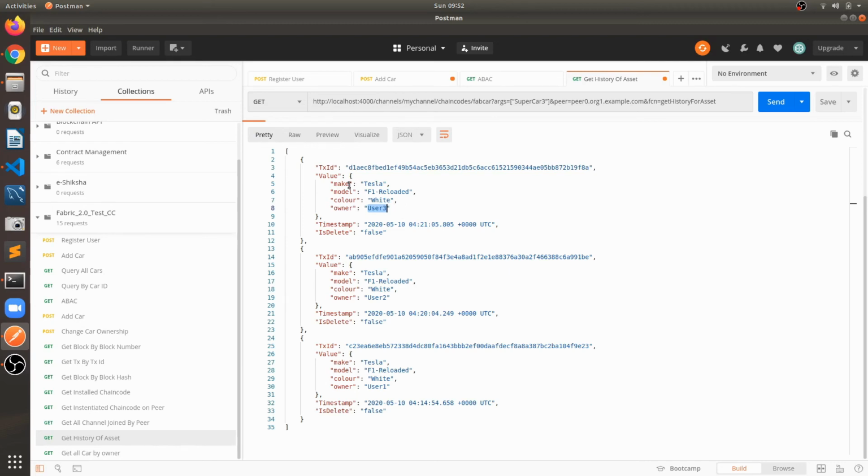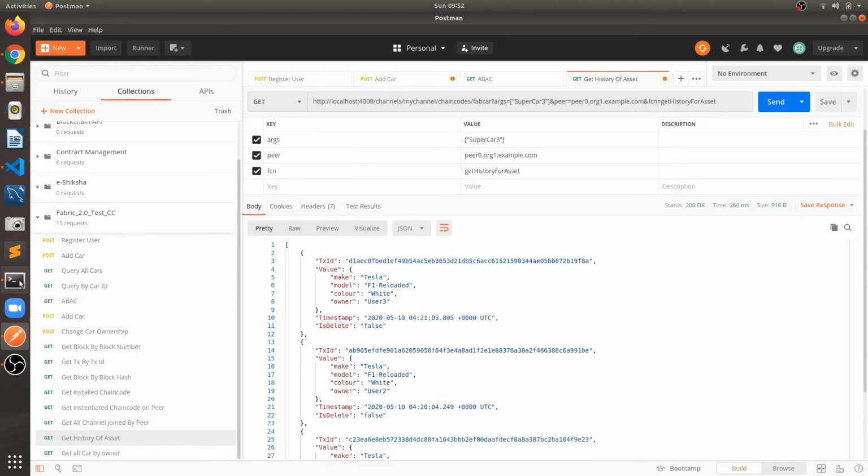In this way there are 3 transactions we are getting from the blockchain. It means all the history is getting added into the blockchain. Even if we do any update on the asset, each entry is getting added into the blockchain. In this case we have done 3 transactions, and we can see all 3 transactions on the same asset, along with the timestamp and the transaction ID associated with each transaction. And another thing, there is one flag, isDelete. It means if we delete any asset, this flag would be set to true. It will not delete the entry from the blockchain. It just turns that flag to true.